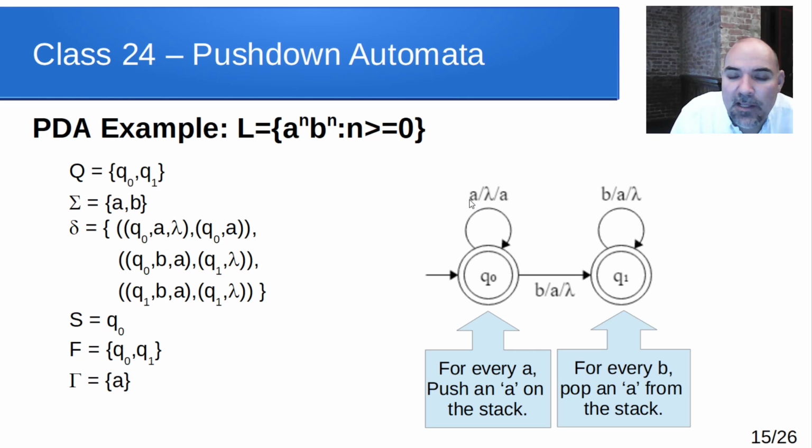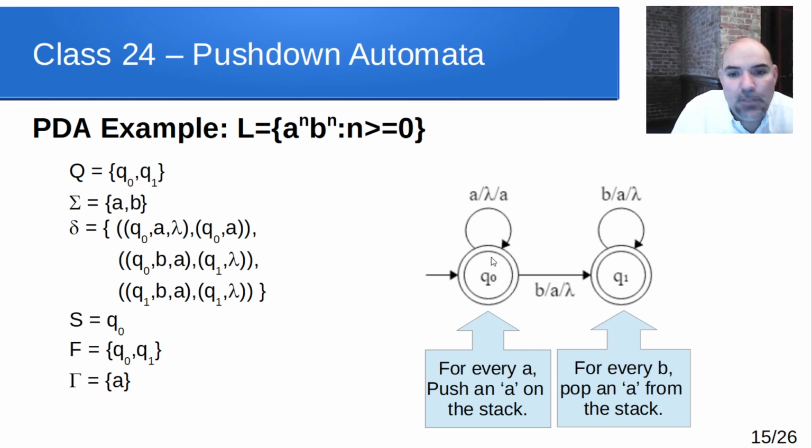In other words, I could say every time I get an A, push a period onto the stack. And so we're using those tick marks to count up how many A's we had. And then once I start getting B's, I start pulling them back off the stack. Since the machine will only accept if it stops in a final state and the stack is empty, then when this stops, for every B, since we've popped an A off of the stack, if it stops and the stack is empty, we know the number of B's we had matched the number of A's. And if we ever got another B or anything else in here while we were waiting, we would have immediately rejected.